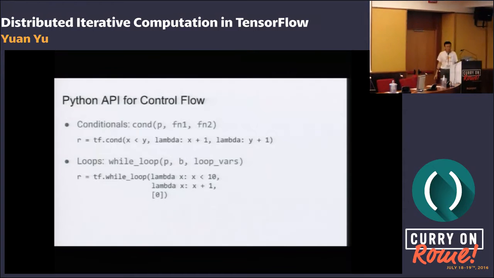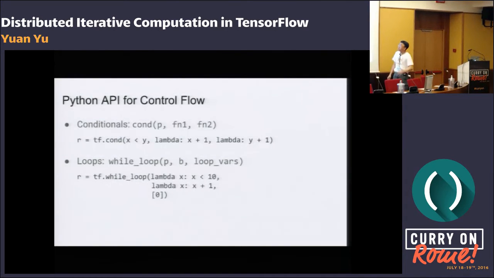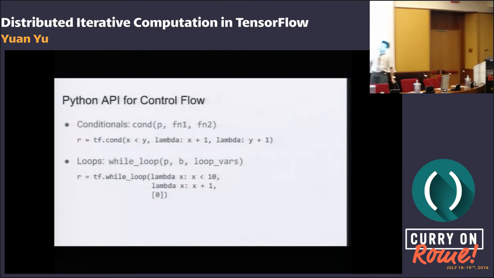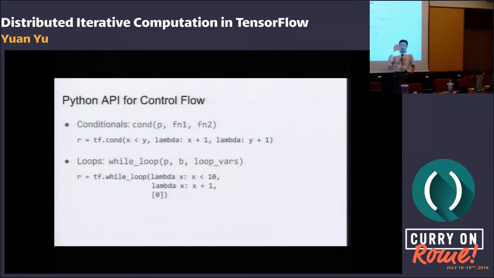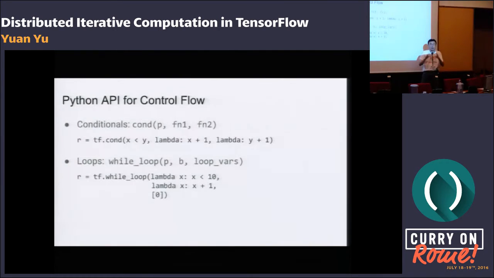The Python API for control flow is a very straightforward extension of the current Python API. So we introduce something called cond, which, depending on the predicate, runs either F1 or F2. F1 and F2 are basically lambdas. When you call them, they create a subgraph.